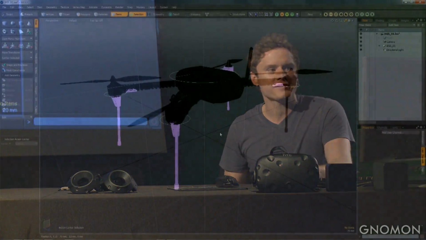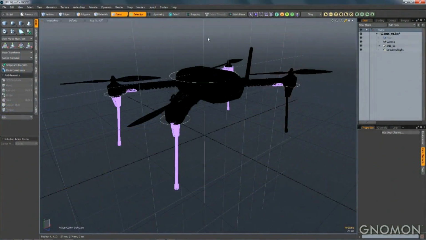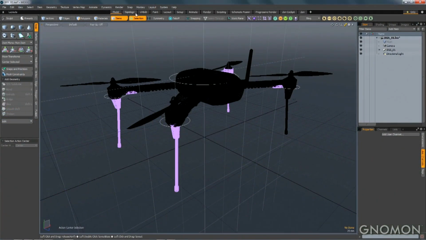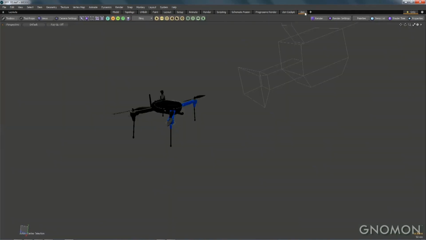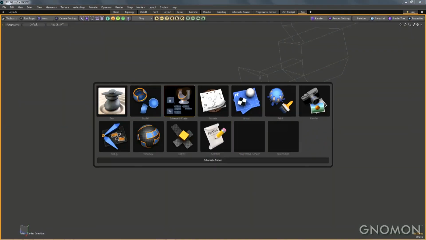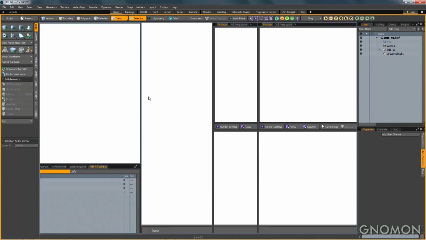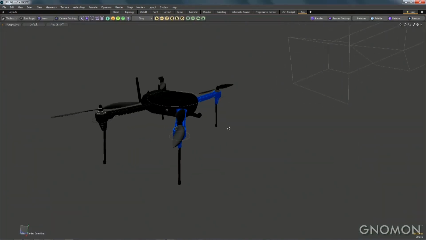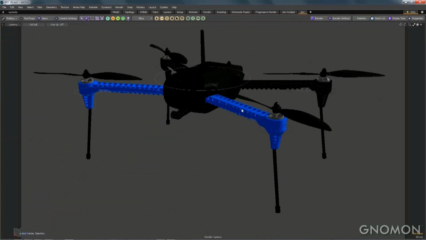I'm going to give a little demo of some of what we're doing here and show a few examples. So let's say we're doing this quadcopter. We need to do a nice studio shot for it, or several nice shots. This is the default Modo UI, of course, but we can switch over to the mechanical color UI called Zen. It's one of our most popular products. It's what we're most known for in the community, I think.